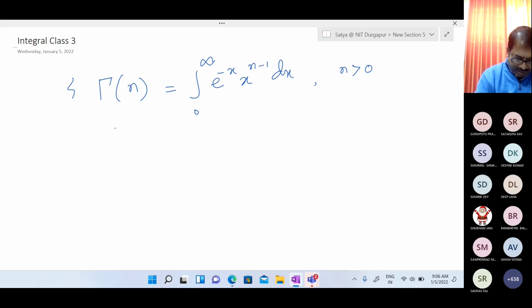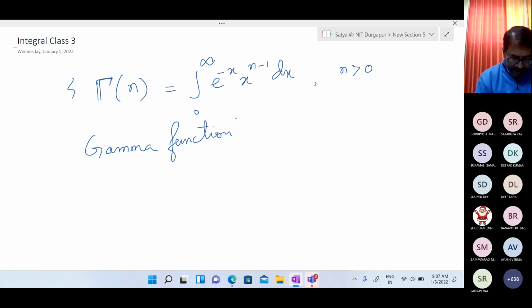This function we call gamma. You know that this notation is the gamma notation, and don't write this gamma as an f. So we call it the gamma function. This is number 1, the gamma function, and another definition we have given is called the beta function.